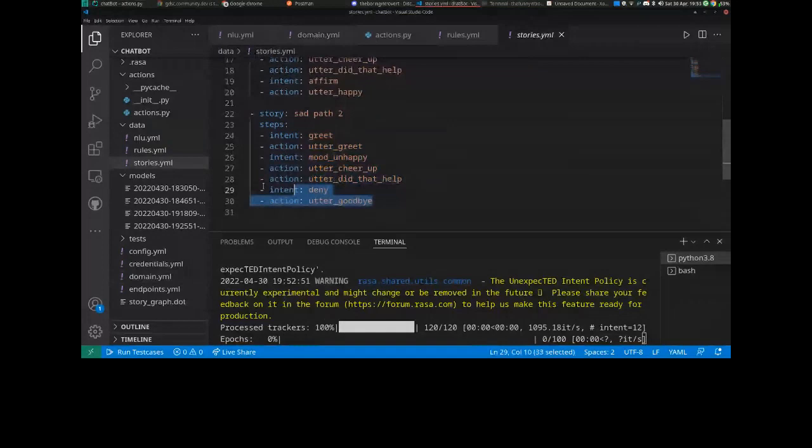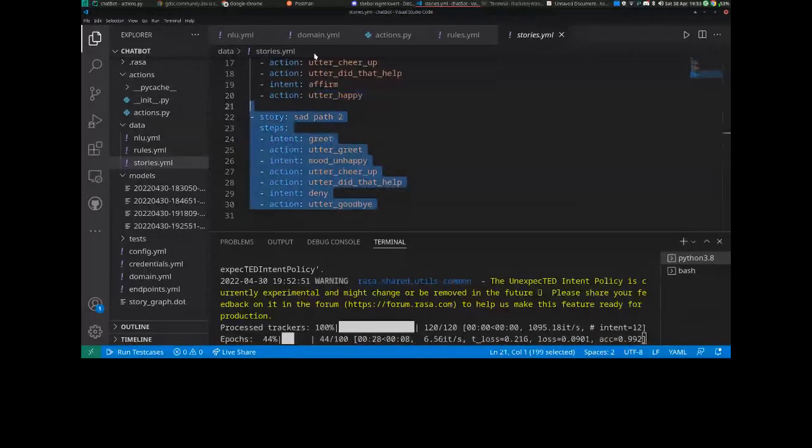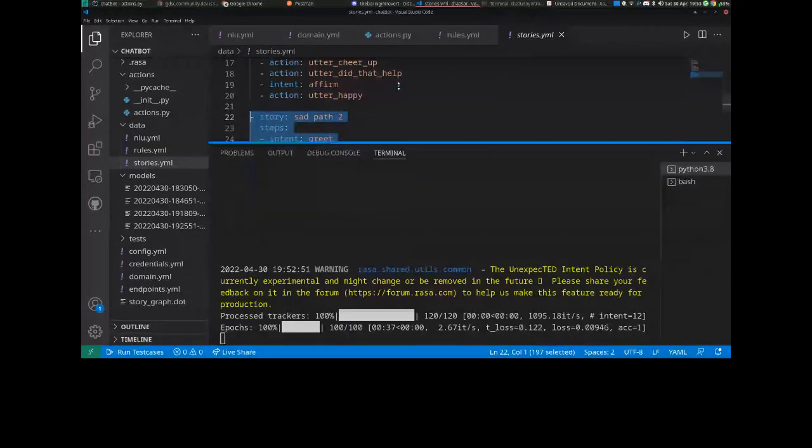There is intent, action, and I will also share the link of the document which Rasa has provided, and it is pretty easy. They give all the sample examples as code, and I will try to make something good by tonight and share the GitHub link. I was actually going to make the whole thing which you are seeing here, but it was taking a lot of time because I was getting distracted by other cool stuff which Rasa provides. But I will complete it today and share it on GitHub, and you all can look into it and maybe make something on your own.